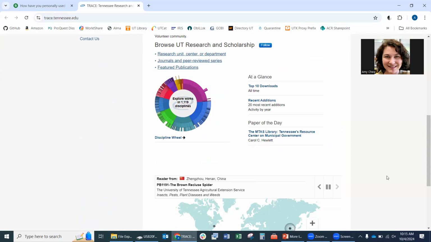Our repository is currently hosted by bePress with Digital Commons. As I mentioned, we are in the process of potentially moving to a new platform, but currently this is where we're at. There are some good things about this platform, and that is that we have this little discipline wheel that shows all the different disciplines and subject matters that are represented. And I'm going to go to that.